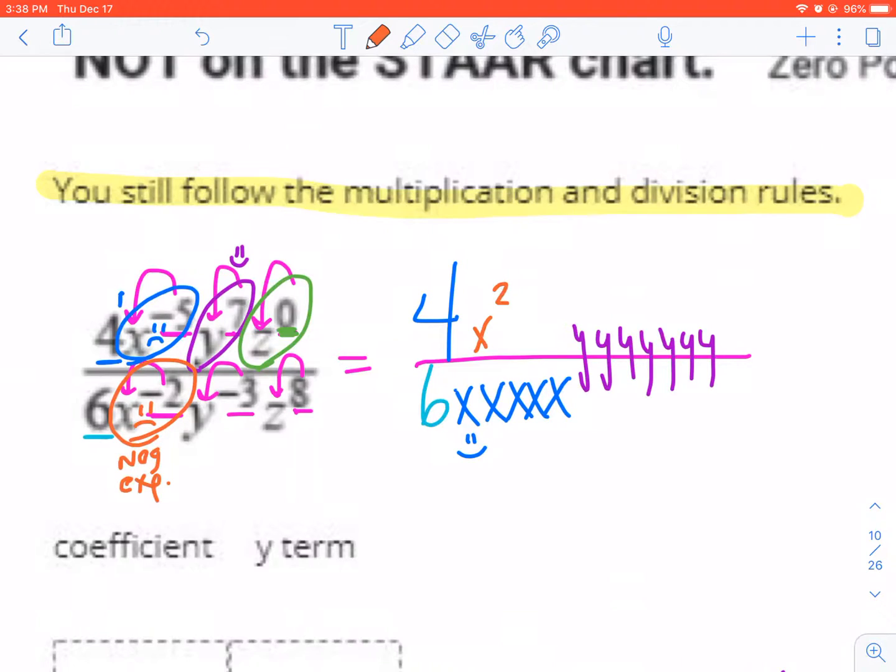And again, I'm not just going to write it as a positive, I'm going to go ahead and clone it. So x squared, x to the power of 2, would look like this. And then we're going to have our y to the negative 3. Y to the negative 3 is also unhappy. How do we know it's unhappy? Because we have that negative